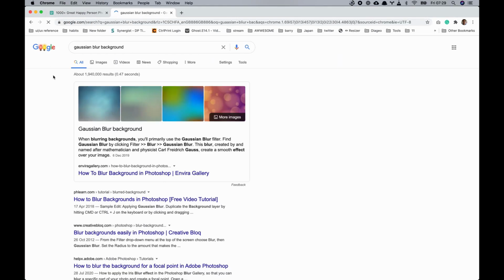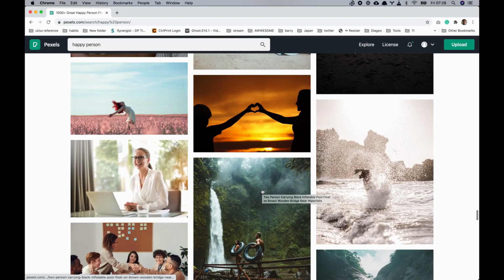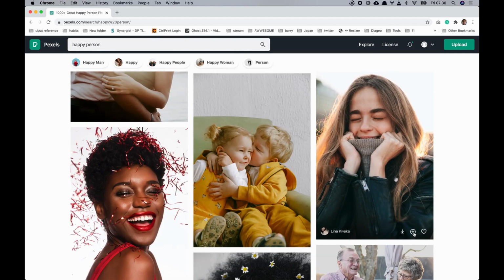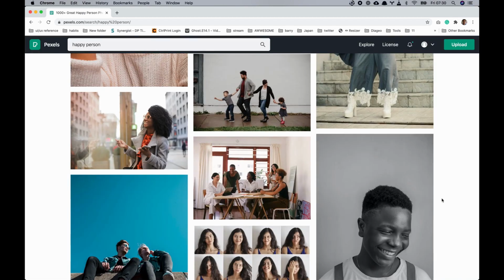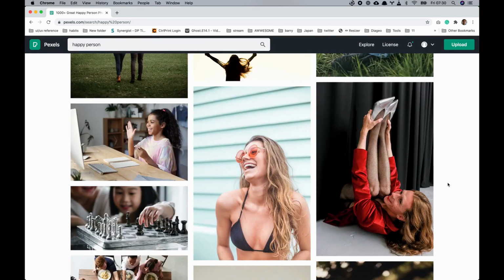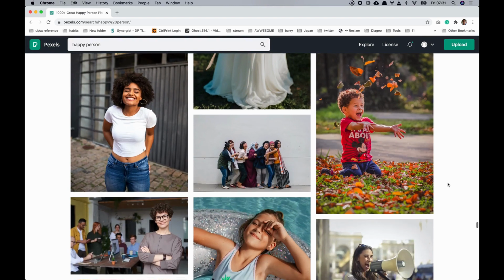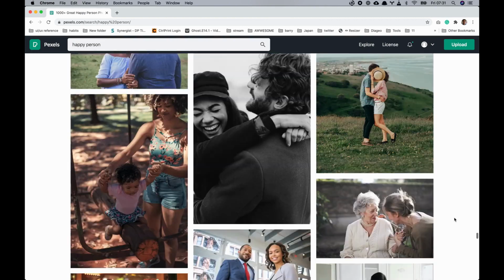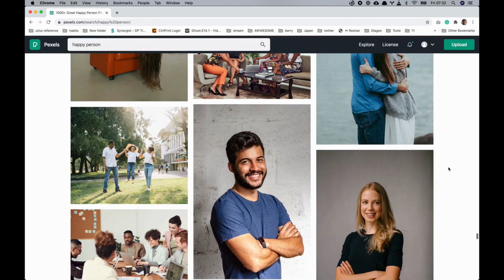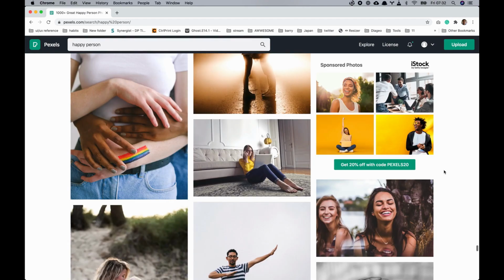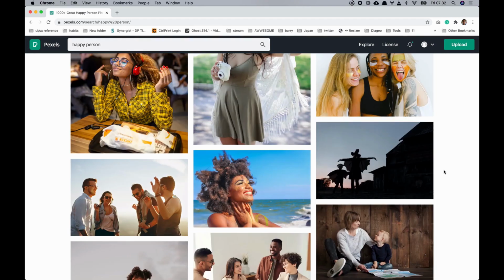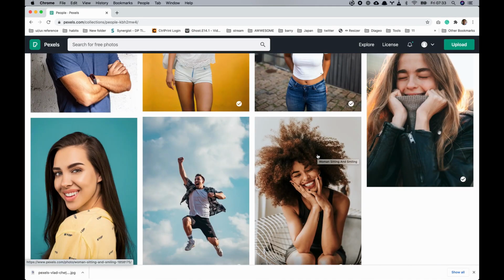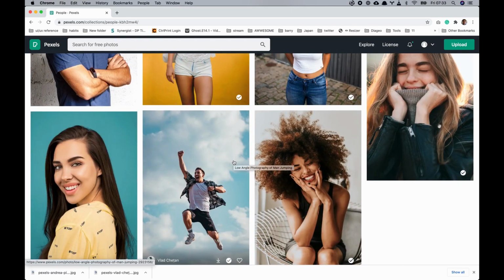And the picture that stood out to me was the fellow that was jumping in the air, and that kind of looks a bit cheesy, but it's also quite fun. And the girl there, with her eyes closed, she looked quite embarrassed but happy. So I already had in my head that these two would make a very good couple to put onto the hero page. I was trying to see what else I could find, if there's someone else that looks quite embarrassed or happy embarrassed kind of look, just so hopefully it'll be memorable to the user, not just your typical smiley face. If it tells a story,